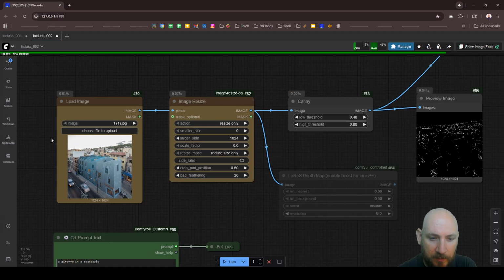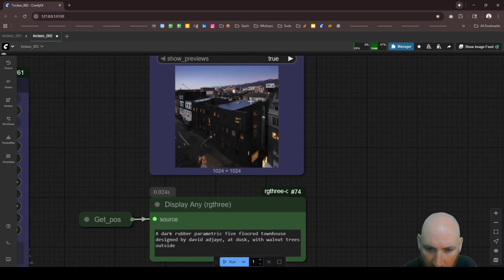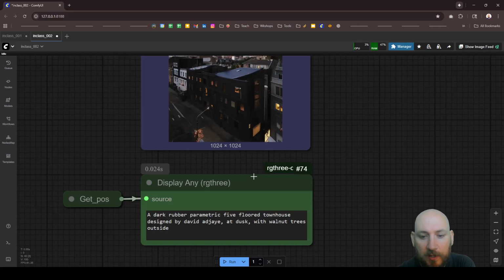Because we took this image and we did one of those combinatorial prompts. He said we want a dark rubber parametric 5-floor townhouse by David J. at dusk with walnut trees outside. So